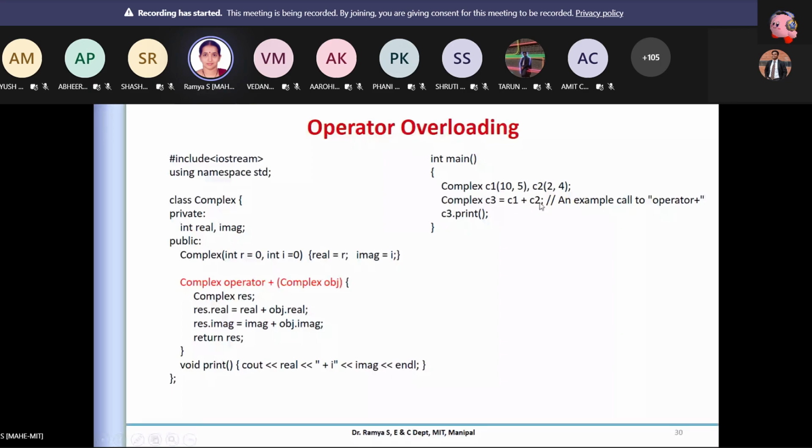So you are performing C1 plus C2, but observe, I have not called it as C1 dot. Remember operator overloading: when I execute this, the object through which I'm invoking this plus is passed here. This real value is C1's real value, and what you passed is C2.